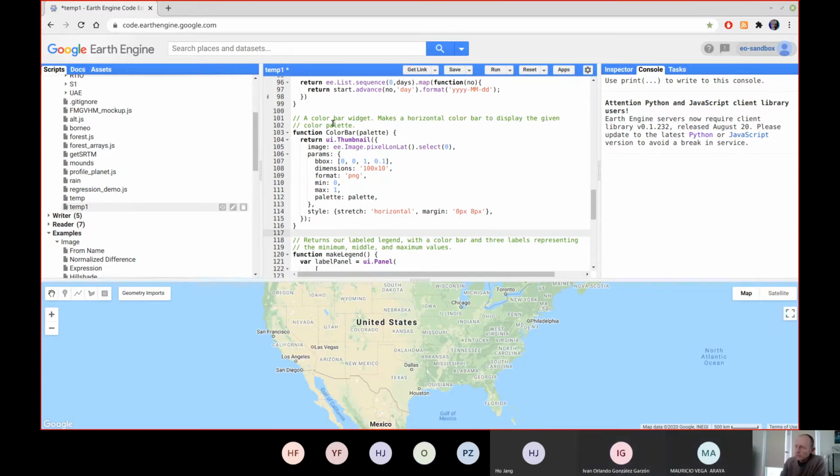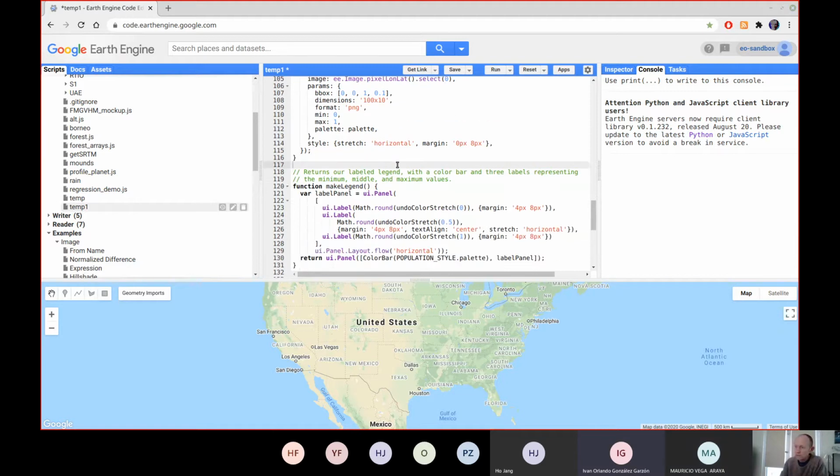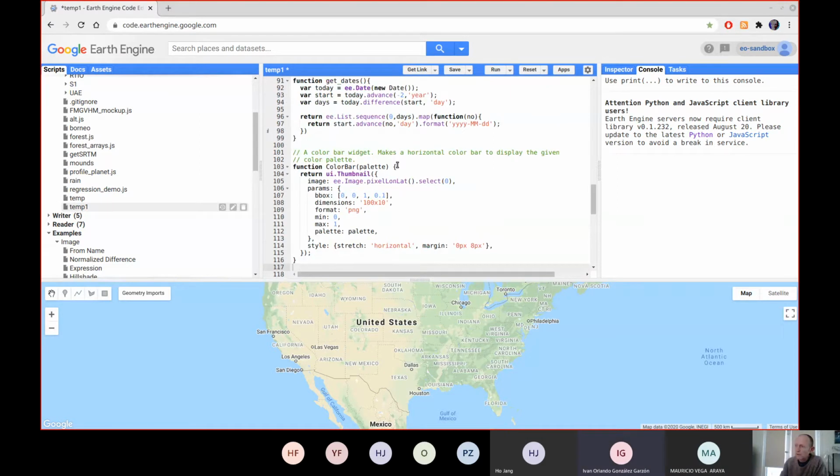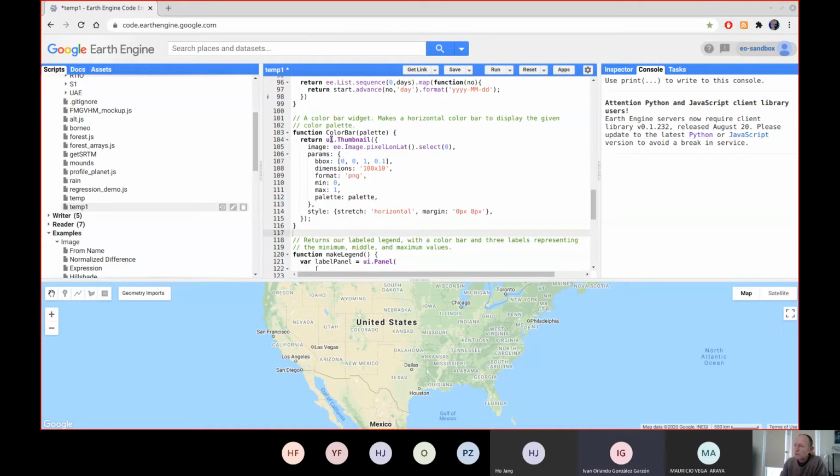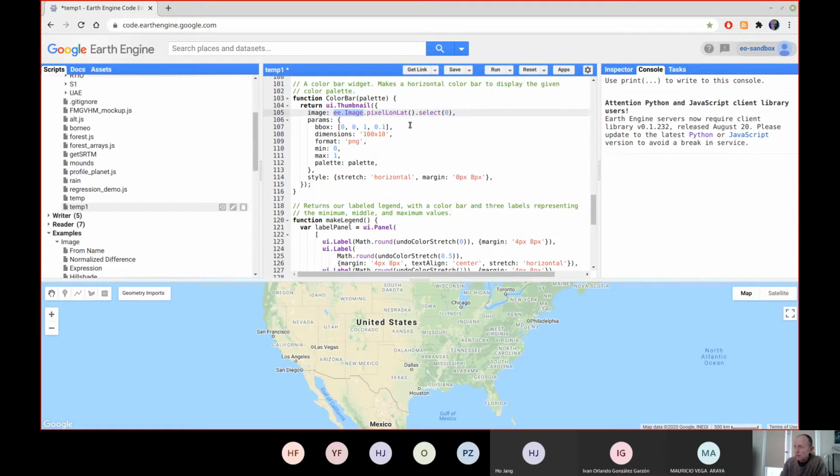So I've just, as I say, gone back and grabbed that color bar function just to start with. And we're going to see what we need to alter to suit our own needs. Okay. So this particular one literally just puts the color bar in. It accepts a palette, which is something we have to feed into it. And as you can see, it creates an image and